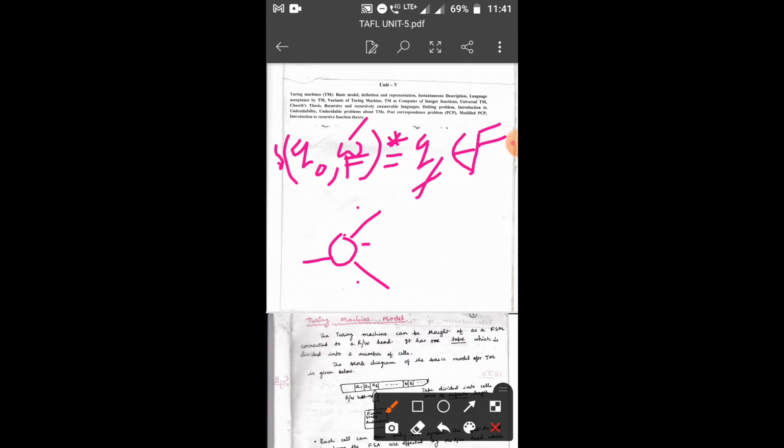After finding the required edge, we transit from the initial state to where that edge reaches, and from the next state we do the same thing for the next character of the string.